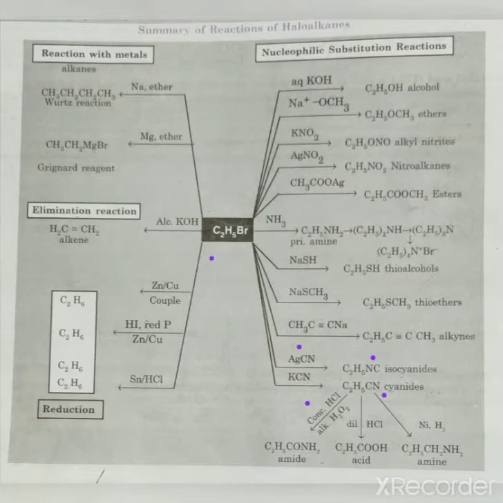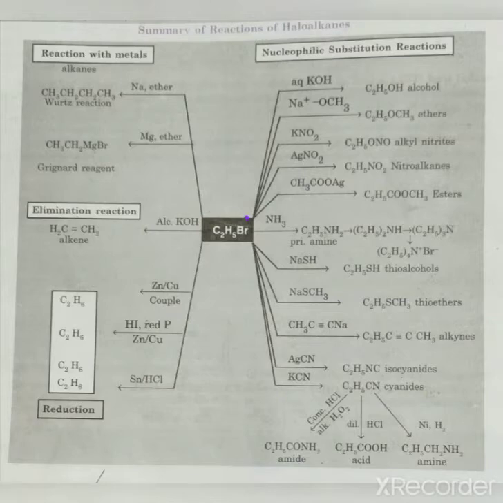Again, you can see here the R is as it is. Only we are substituting the part like CN here, NC and CN, and in other cases you only need to substitute the nucleophile. And the R part is as it is written here. So whatever the example comes, the R part you write as it is. You only have to make changes by removing the leaving group and adding the substituent.